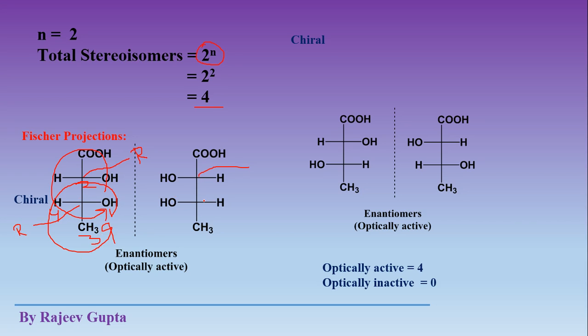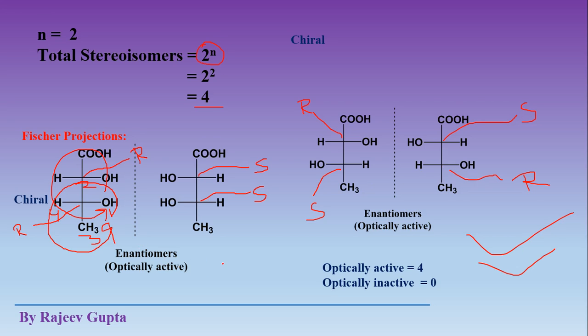Now its enantiomer will get the opposite chirality descriptor, this is S. Now this is R because OH is present on the right-hand side in both, so it is also R, but this one is S. This is S, but this one is R. So these are the chirality descriptors. Now what is the relation between these compounds? These both are enantiomers of each other, so the total number of enantiomers is 4.